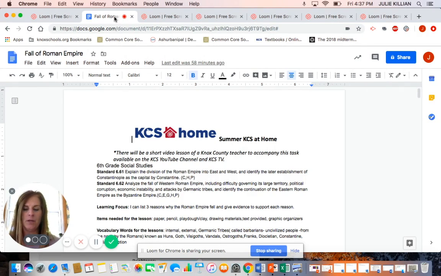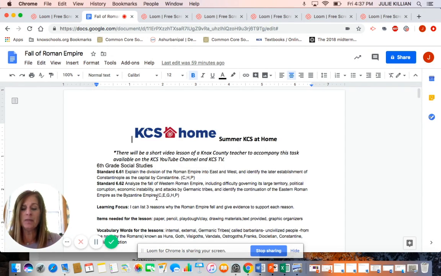So we have two standards that we are going to be focused on today. Standard 6.61: Explain the division of the Roman Empire into the east and west, and identify the later establishment of Constantinople as the capital by Constantine. The second standard is 6.62: We're analyzing the fall of the Western Roman Empire, including the difficulty governing its large territory, political corruption, economic instability, and the attacks by the Germanic tribes, and identify the continuation of the Eastern Roman Empire as the Byzantine